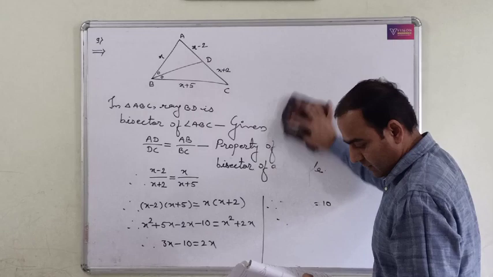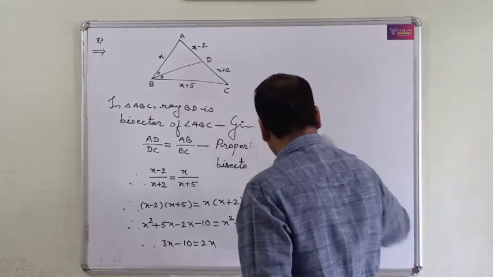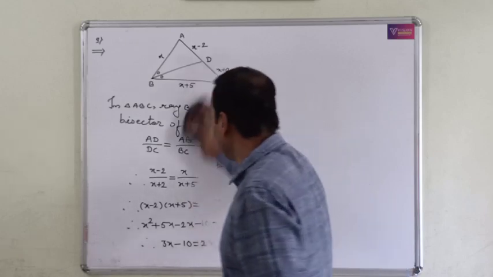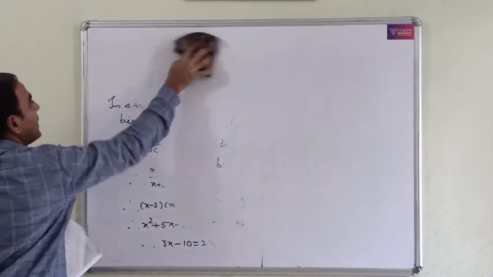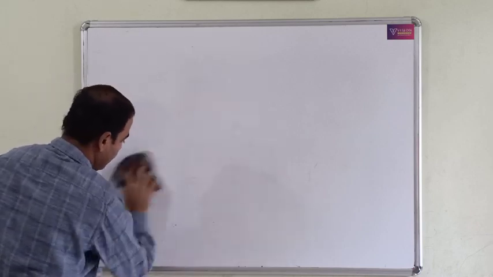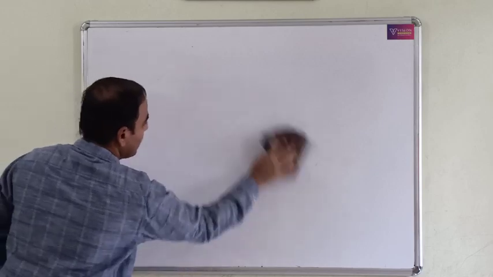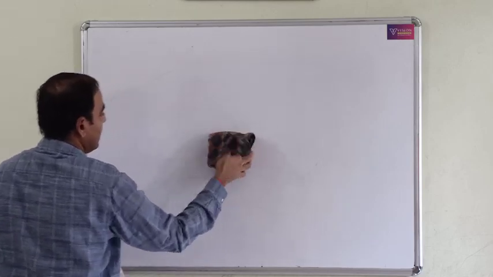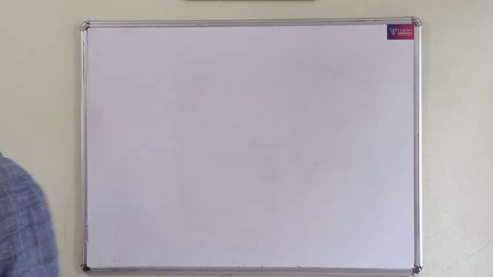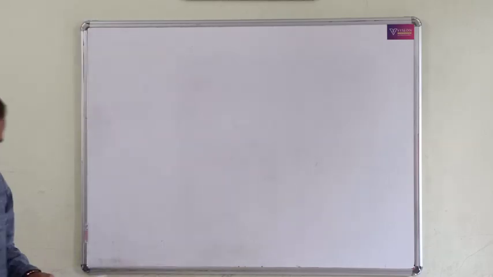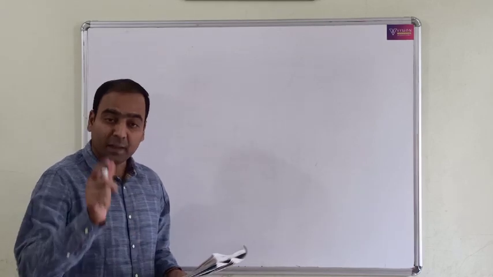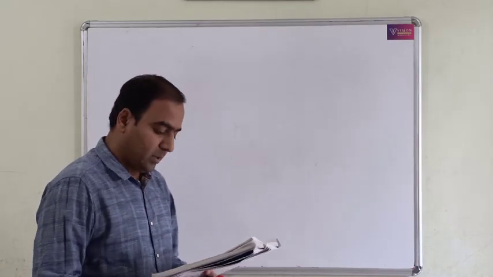Question number 10. It is based upon an activity, but I will solve it here. We have to fill up the activity. You will fill up the activity. We will take the total answer and you will fill up its activity. Draw the figure for the 10th question. It is based upon an activity, but here we are taking the complete question. You have to fill up the activity.